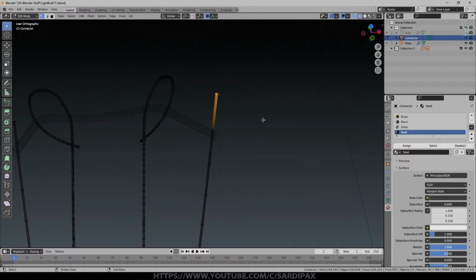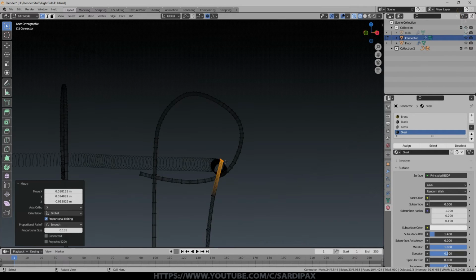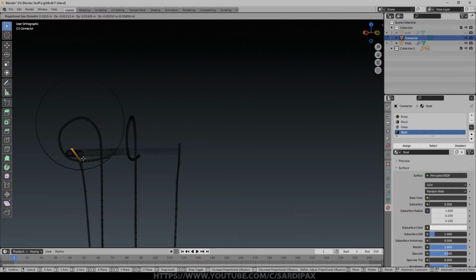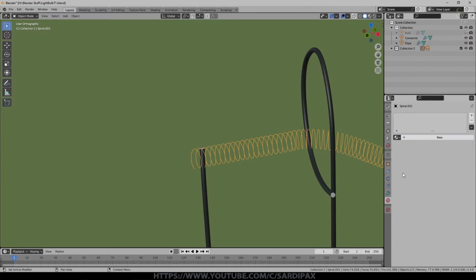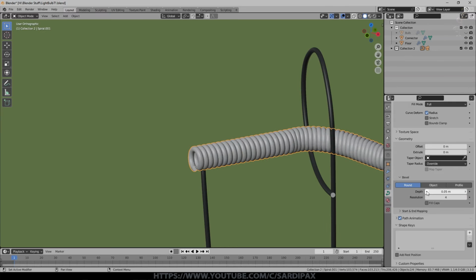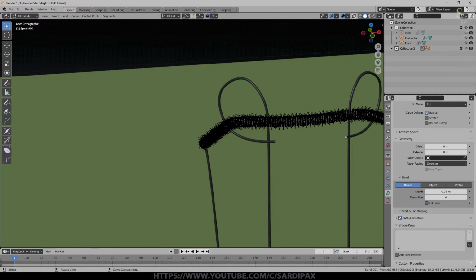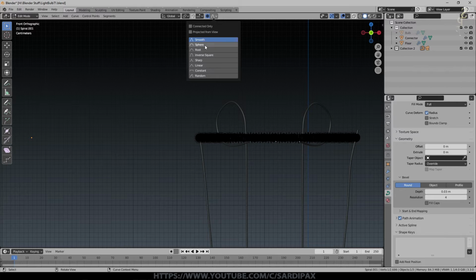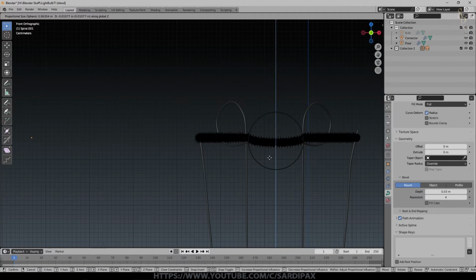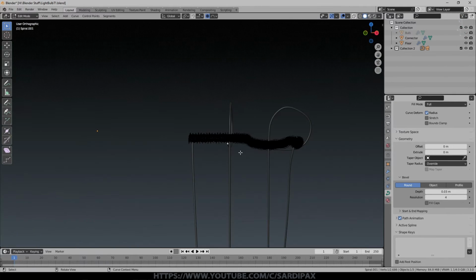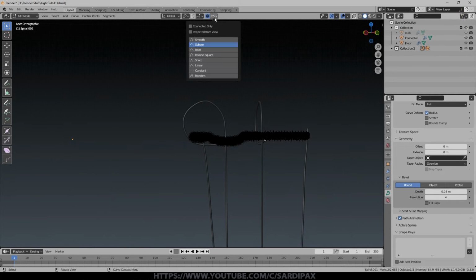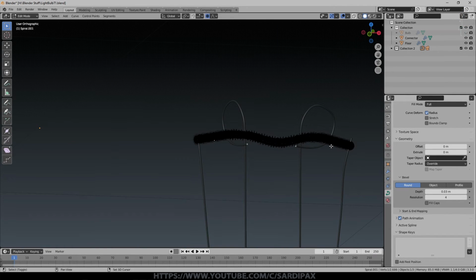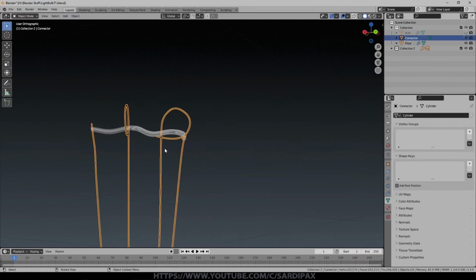I'm just going to select that wire, just move it down so that it sort of joins to our filament. Careful not to adjust any geometry that I don't want to adjust. That will do. And now I can bevel this one as well. And then finally, what I ended up doing was just selecting a vertex halfway between the two supports, for example. Make sure proportional editing is on. I think I used sphere, and then G Z just to make the filament sag a little bit between the two supports, and then the same here. I used smooth. It just gives you the idea that it's laying in its supports.